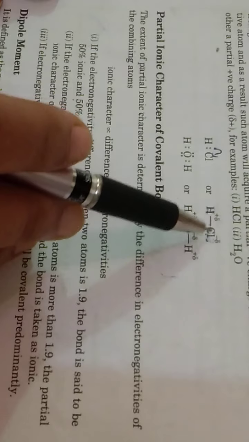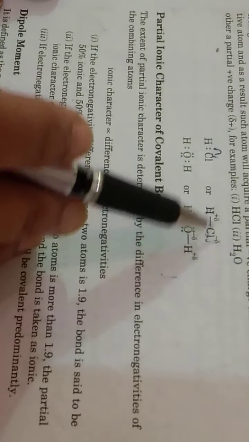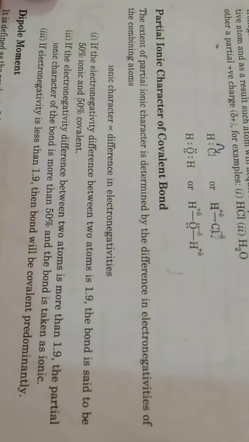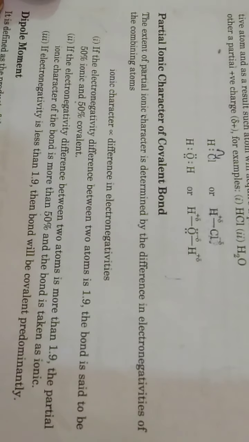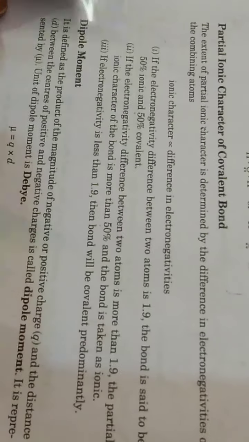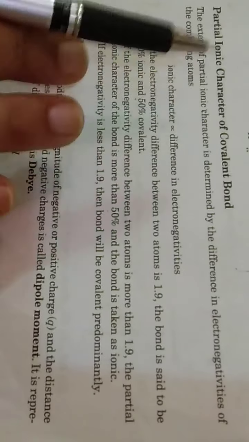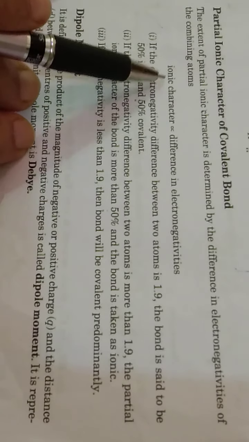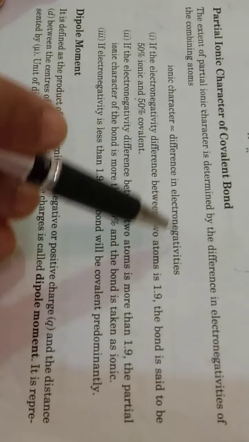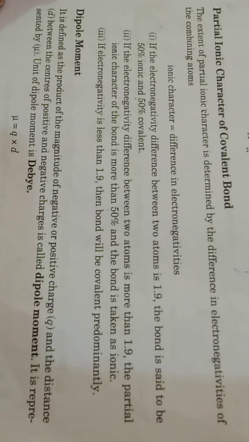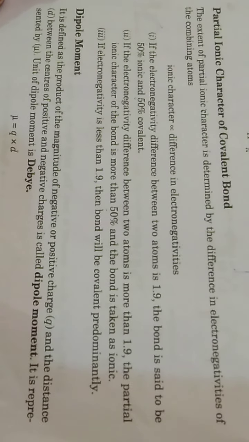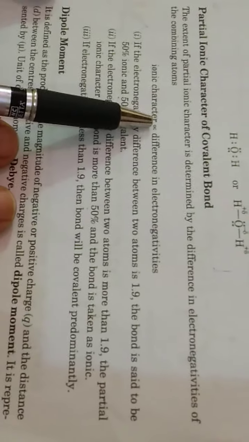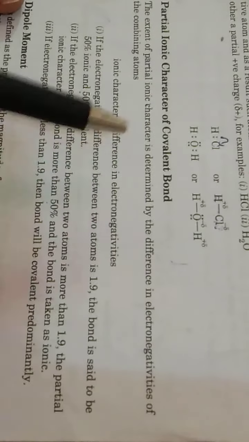So the partial ionic character that is developed in a covalent bond, this we are going to study in this. Okay, now partial ionic character of covalent bond. Children, ionic character is directly proportional to difference in electronegativities. If you want to know about the partial ionic character, then that is determined by the difference in the